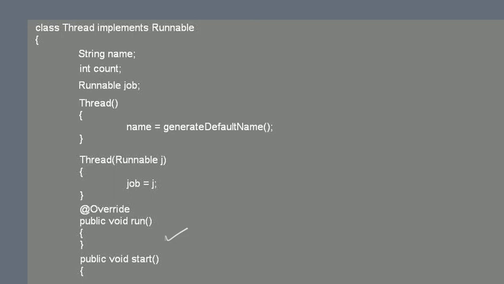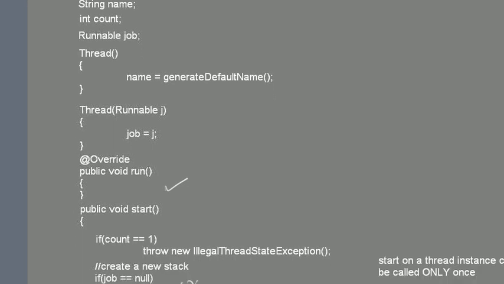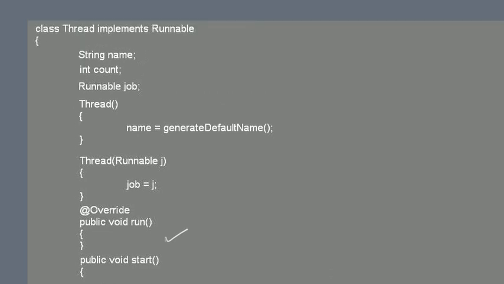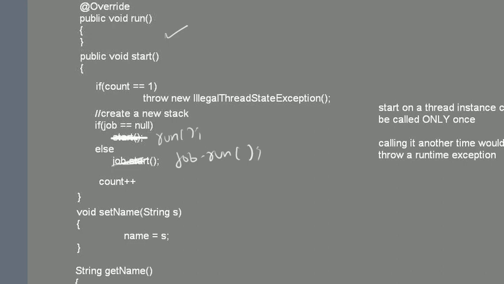Right, and you could also pass in an instance of type Runnable. So this is a constructor where it's given a default name, and you assign an instance of type Runnable to job, and this is a method that you need to override because it's declared in the Runnable interface. And there is a start method which creates a new stack for a thread and calls a run method. So if job is null, then it calls the run method, else it calls the run method on the job